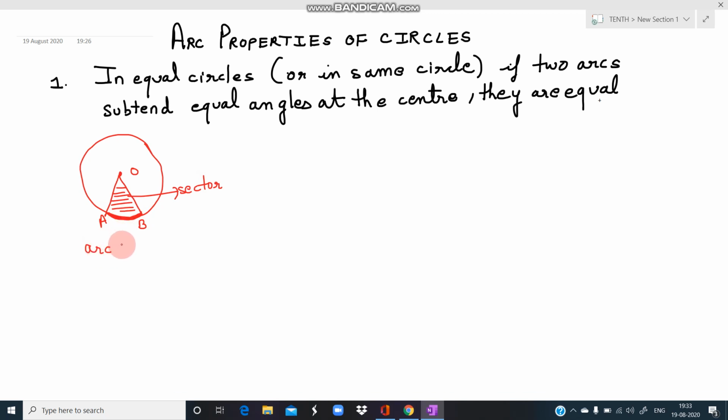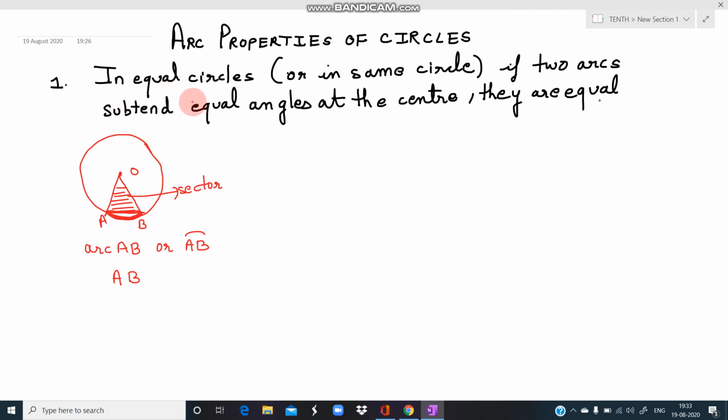इसको हम लिखते कैसे हैं? Either we write it as arc AB or we write it as this way. So any way we can write. अगर मैं इसको AB लिखूंगी it will mean straight line AB. It will not mean arc. It will mean chord AB. So here whenever chord AB is different, अगर हमने arc mention कर रहे हैं then arc should be written before or it should be written like this. Clear?